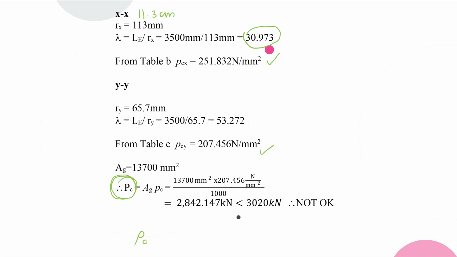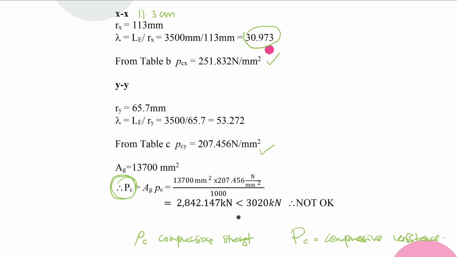Okay, so this is what we call as compressive strength lah. Yang you kira PCX, PCY tu. Okay, and we have like big PC. This one is compressive resistance, meaning that the capacity of the column to resist compression